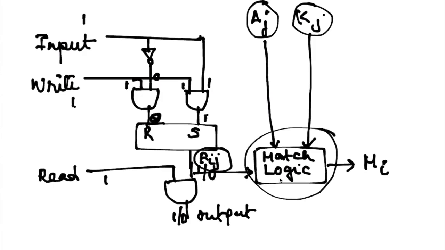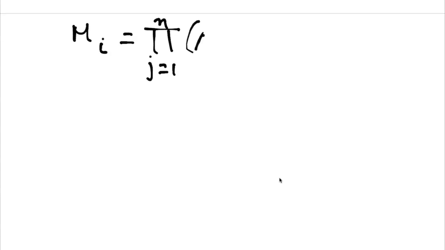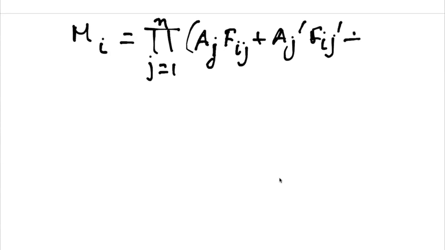For that, let us come back to our function. Our function for match logic was something like this: Mi is the product of j going from 1 to n of (Aj Fij or Aj' Fij' or Kj'). So this is for each cell of